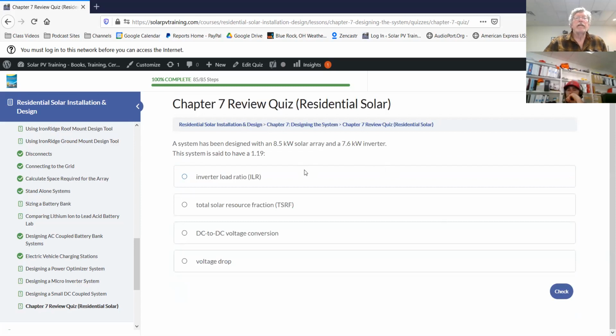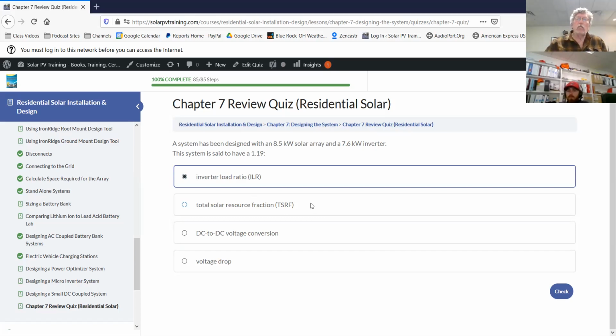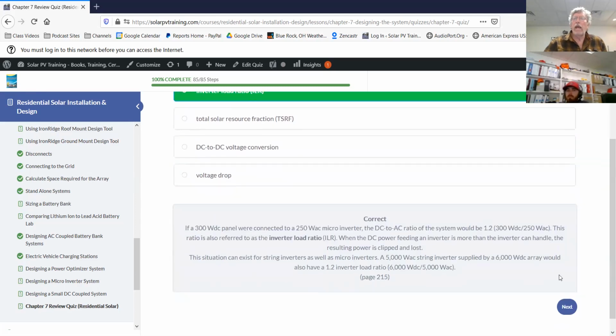A system that has been designed with an 8.5 kW solar array and a 7.6 kW inverter is said to have a 1.19, and what we're talking about is an inverter to load ratio. And that's fairly typical. The reason we're doing this is really the whole concept of clipping. If I stop the share here, I can show this graphically,